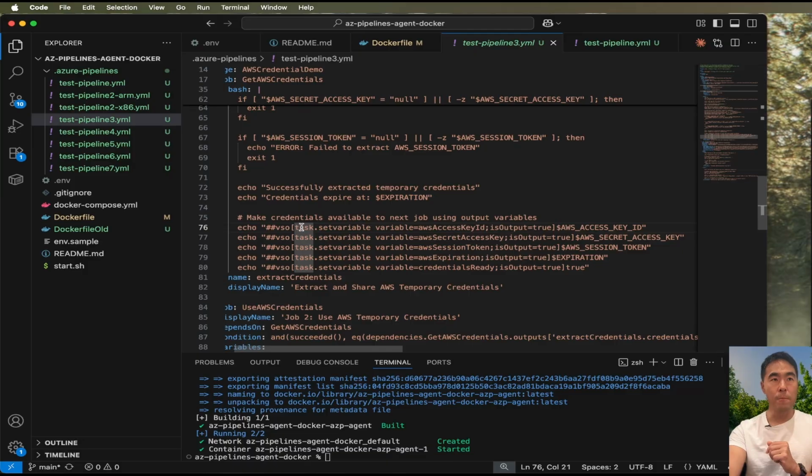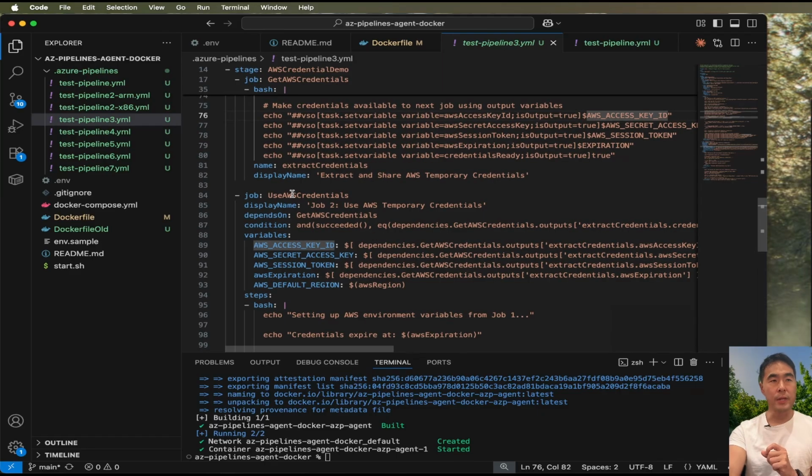This came from Microsoft documentation, where you just define it as an echo ##vso[task.setvariable variable= the name of the variable that you've defined it to. This is the important bit, isOutput=true. Then the name of the variable that you want to store it as. When I use it in the next job,